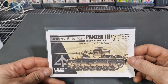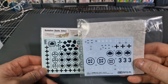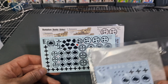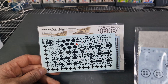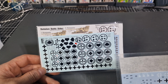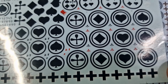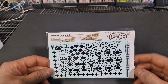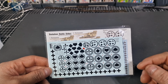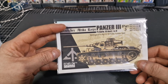So I've gone ahead and got these from my local hobby shop, and I picked these up, which are the same kind of markings as the Tamiya ones. Plus it gives you all the other squadrons in the group of the card shapes. So you've got the hearts, diamond, spade, and stuff. And obviously these ones here have the red symbols like I needed. Plus I've always wanted to do the other markings anyway, so in the future. These weren't overly expensive, so we're going to use these anyway. And these are the ones made by